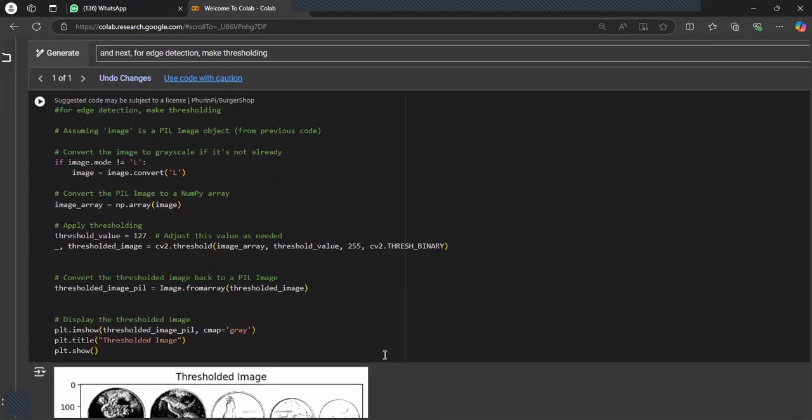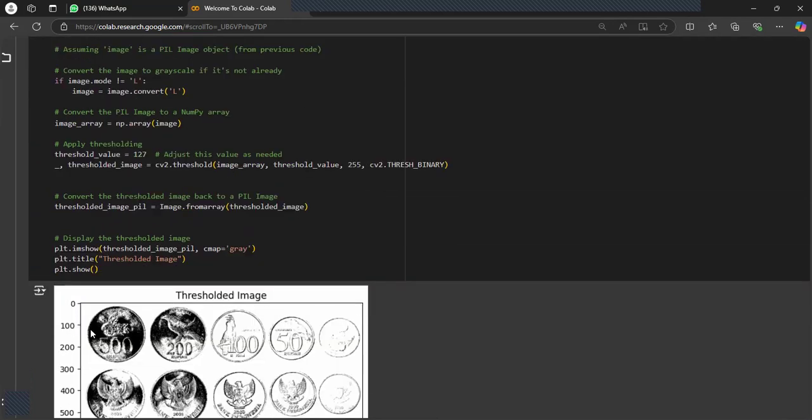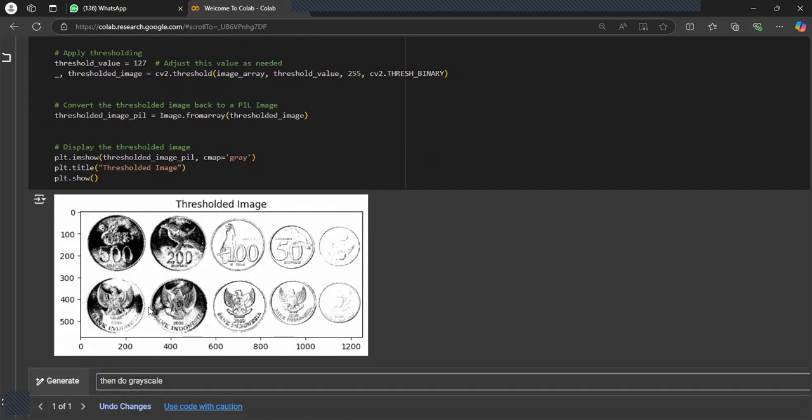And then for the next section, we should make a result, for what? So we can tell which one is black and white for noise detection.